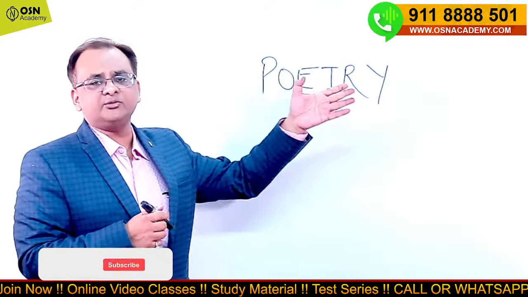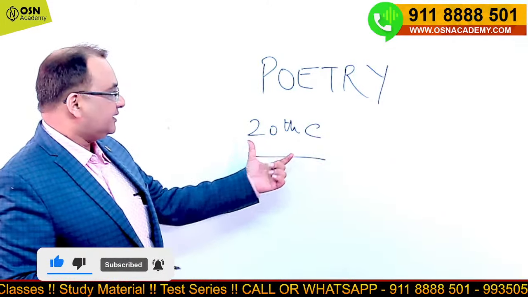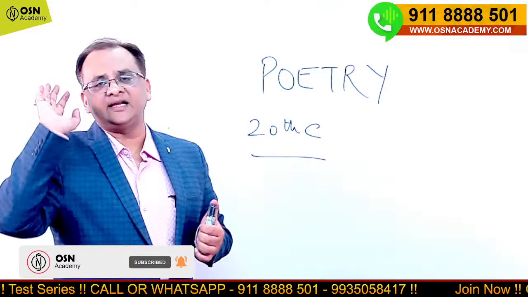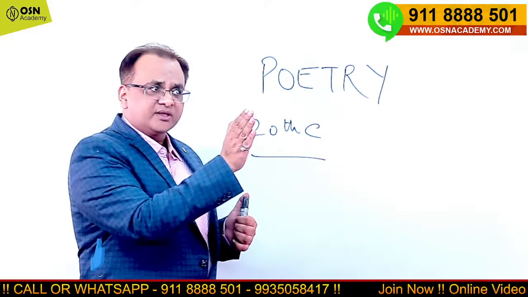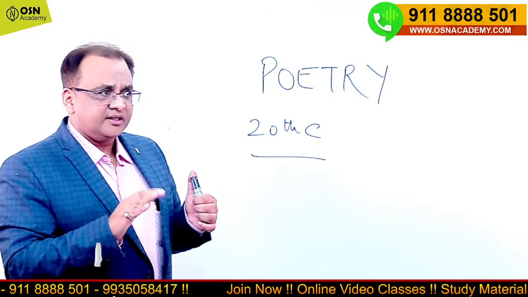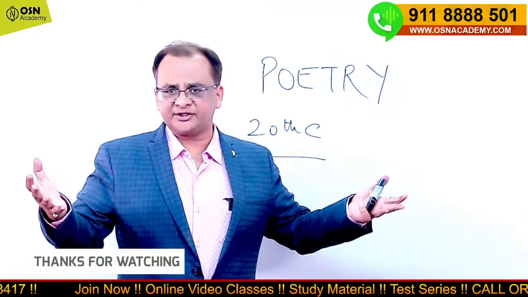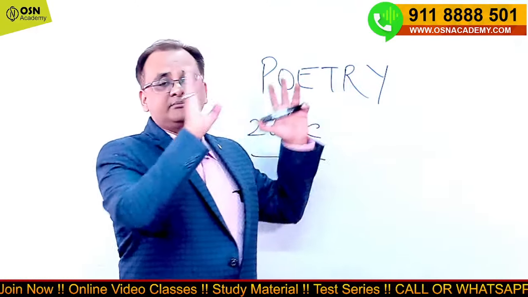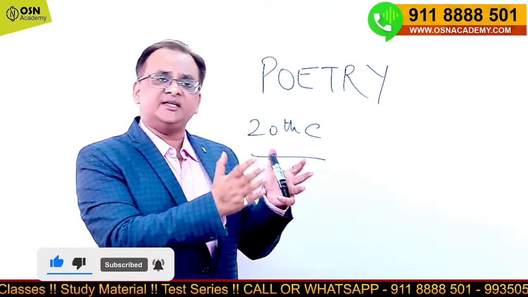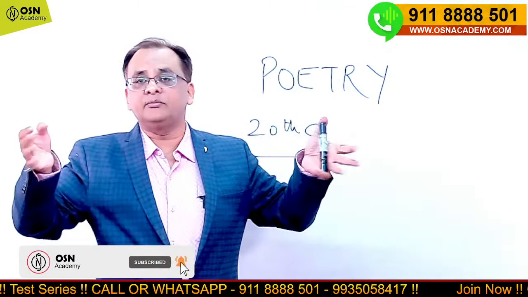So what happens when the 20th century opens? I'm talking about the 20th century. When it opens, Tennyson had been dead 9 years, meaning he had died 9 years before. And in the public, in the entire atmosphere, there was a widespread impression that English poetry had died with Tennyson. Understand it like this: when Tennyson died 9 years earlier, people thought that poetry had died with Tennyson and now there would be no poetry, no poets, nothing like that.